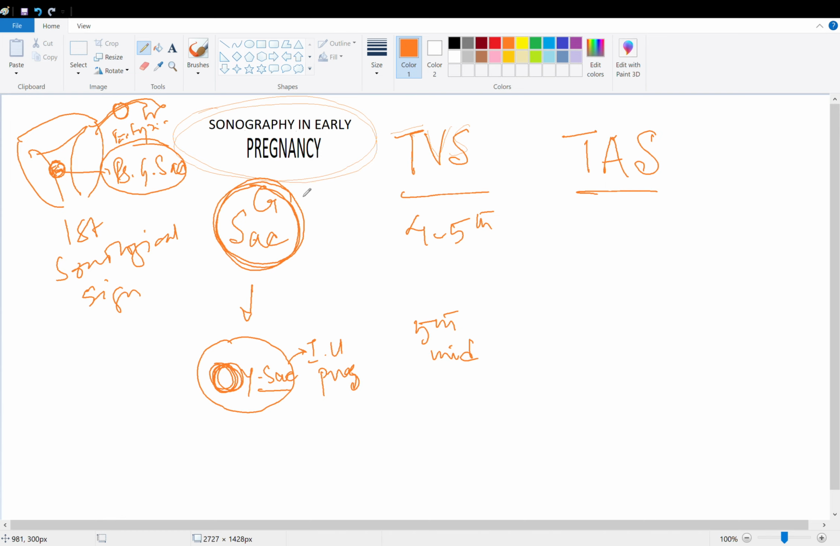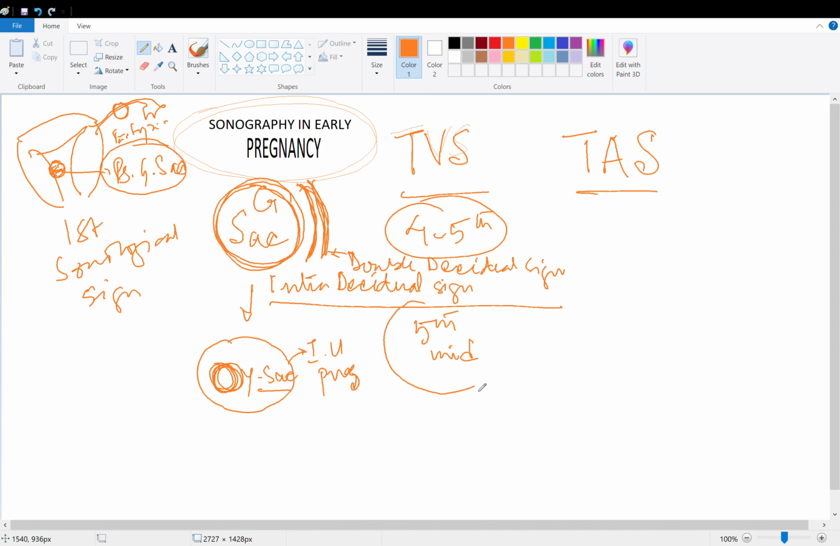Along with G-sac, there are two more features I would like to highlight. One is the interdecidual sign, which appears at the same time, which is one concentric echogenic ring around the gestational sac, and if there are two concentric rings around the gestational sac, no brainer, it's called a double decidual sign. So these all three are seen in 4 to 5 weeks on TVS,